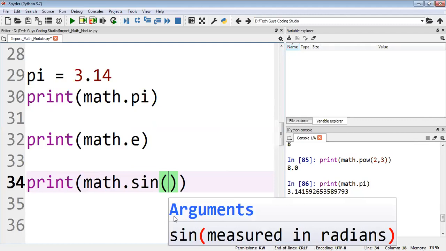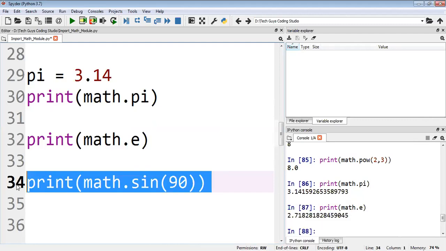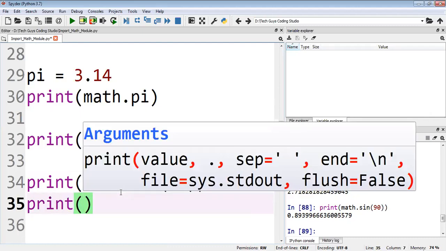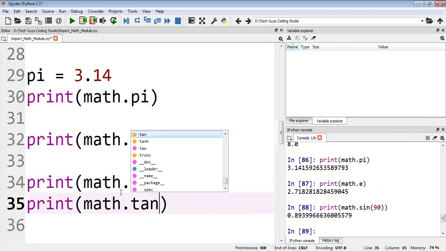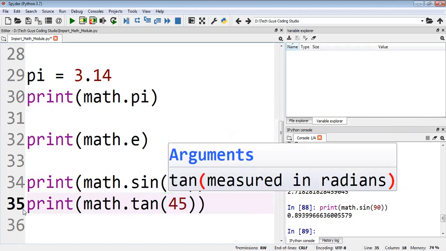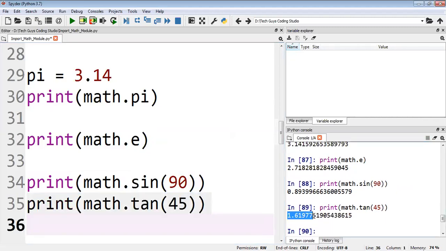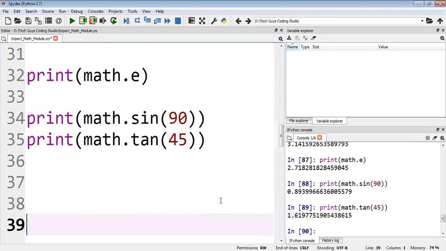Most people know the values for 30 and 45, and the value of sine 45 we can see in the table.